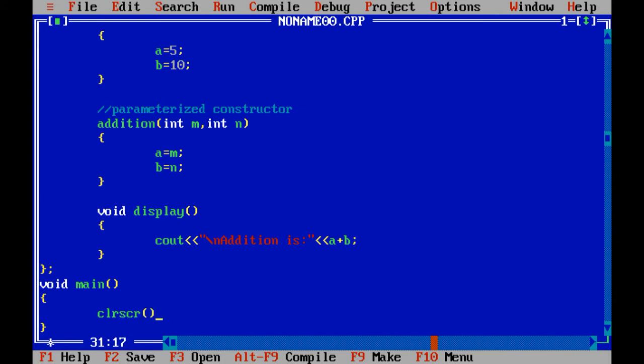clrscr and getch. Now what are we going to do? We are going to create object of the class, which calls the default constructor.